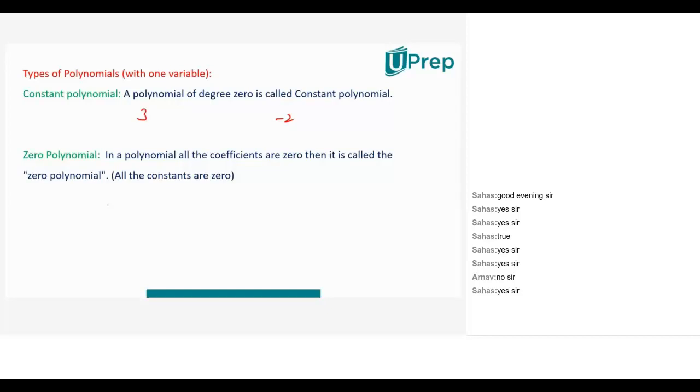Let's move ahead. What is a zero polynomial? I think Bhumika referred to this. In a polynomial, if all the coefficients are zero, that means if nothing is present, then also there is a polynomial. That zero polynomial is a polynomial which is actually coming from nothing. When I write 0 times x square, 0 times x plus 0, it is a polynomial which is called the zero polynomial. This is a special type of polynomial. Now my question is, what is there in this polynomial? Do you see a term in it?